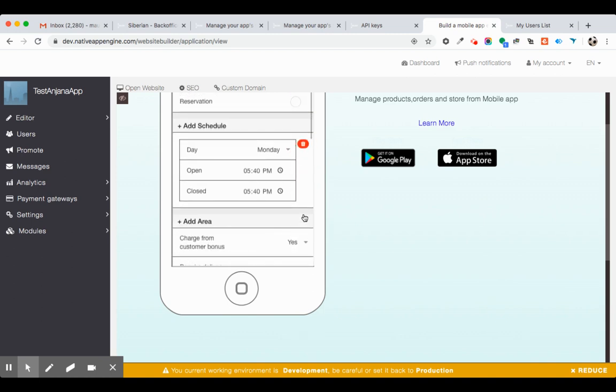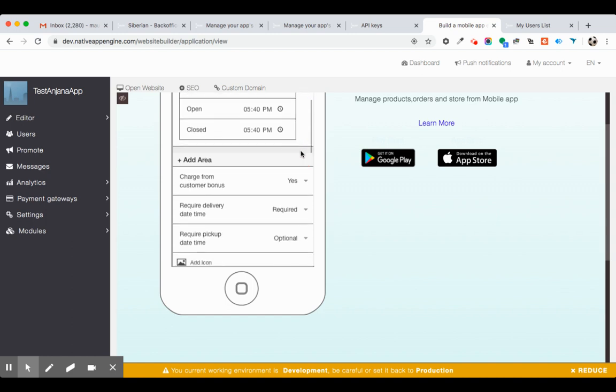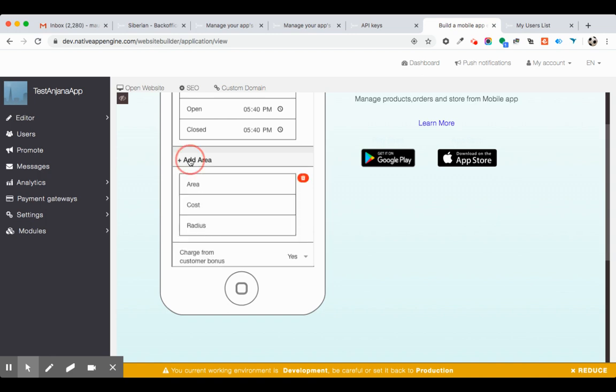And there is one more interesting thing that we have added. One piece was missing in the basic commerce module, which was that you wanted to charge the customer based on the distance. So with this module, and with the new update in the Commerce Pro module, you will be able to add delivery areas, and you can select a range like this.